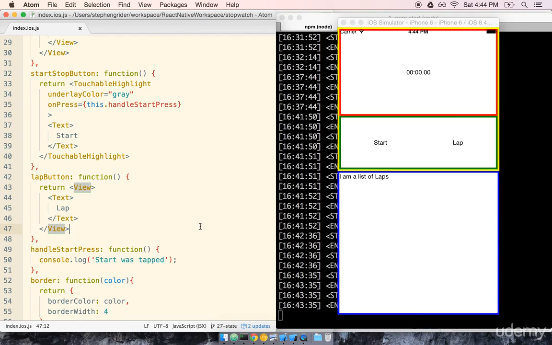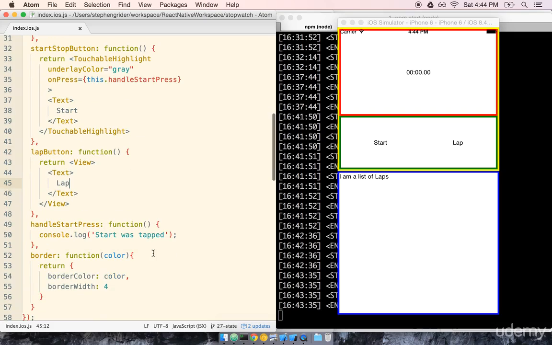Okay, so we now know when a user taps a button on the screen. When they press it, they get some reasonable feedback. And we also know that we get some code in here that will be run whenever they tap on the button itself. When they press it though, we need to start the timer up at the top. To start our timer and record the amount of time that's elapsed, we're going to make use of the concept